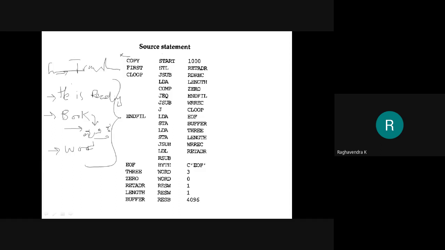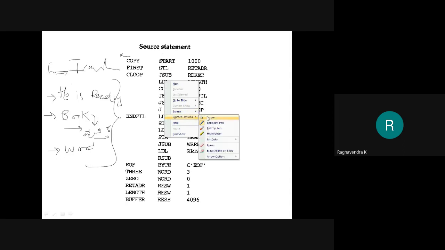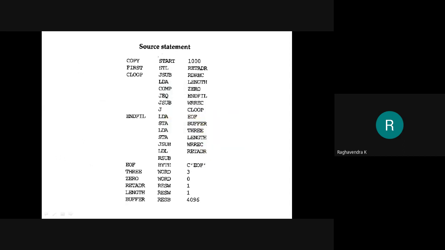Will you be able to answer that question? Or if I ask you to translate the first sentence, he is reading, in Spanish or in French or any other language that you do not know, will you be able to translate? No. Right? So what is important here? Important here is that you should know the language. Right? So if you know the language, then you will be able to perform the translation. Okay. So the same case applies here as well in the assembly level language translation.